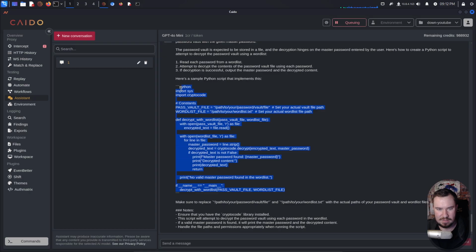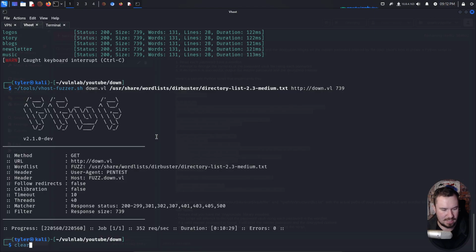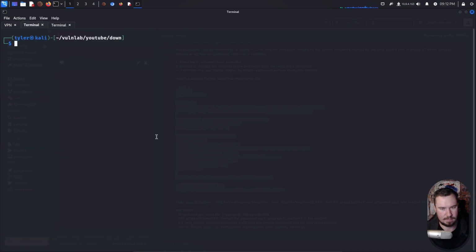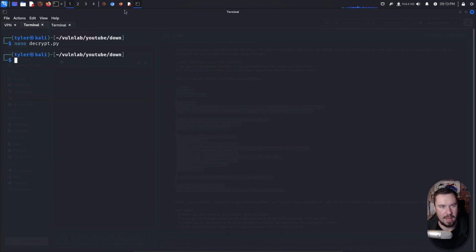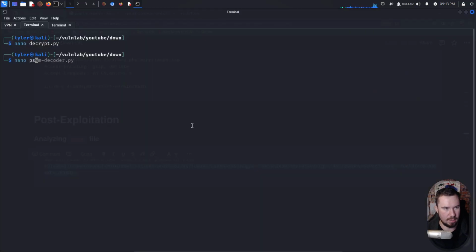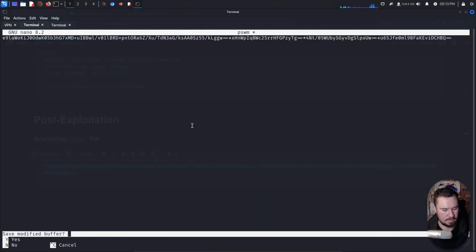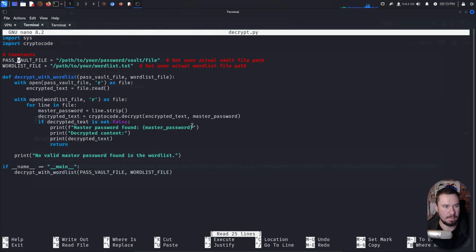Let's just try this. Once again, it might just fail horribly, but from my own curiosity, I wanted to know if ChatGPT could do it or not. So let me go here where we didn't discover any vhosts. And we'll do nano decrypt.py. We'll drop in the code there, and let's go ahead and grab it from our notes over on Notion. And we'll do nano PSWM. Like so. And now if we nano decrypt.py,